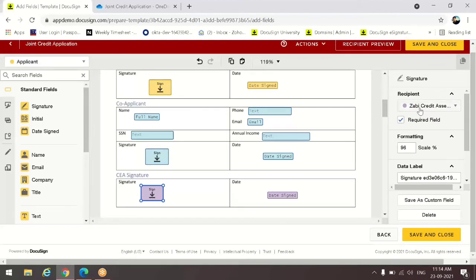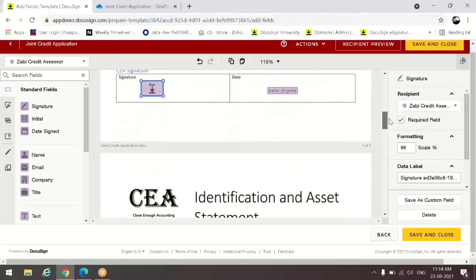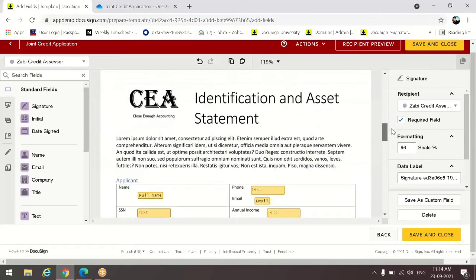So the color has changed. Whenever you want, you can change it here and then start adding. That's what I did. This is the sign from the standard field and the date and time also from the standard field. So this is for the joint credit application, and then I'll move on to